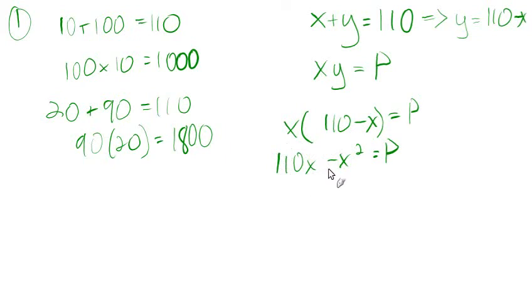And for that parabola, let's draw a picture of this parabola. If x were 0, then y would have to be 110, right? Our other choice would have to be 110. But multiplying them together would give us a product of 0, right? And then if our first choice was 110, then the other one would